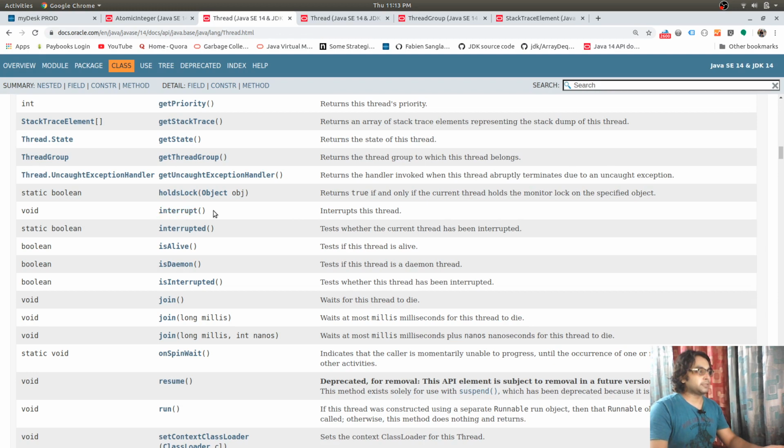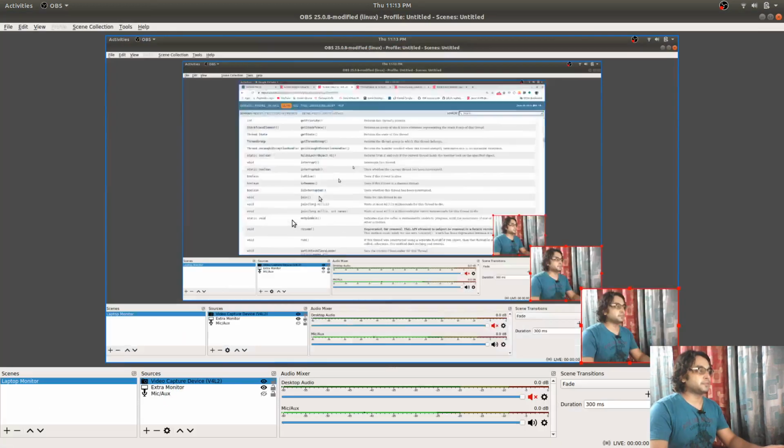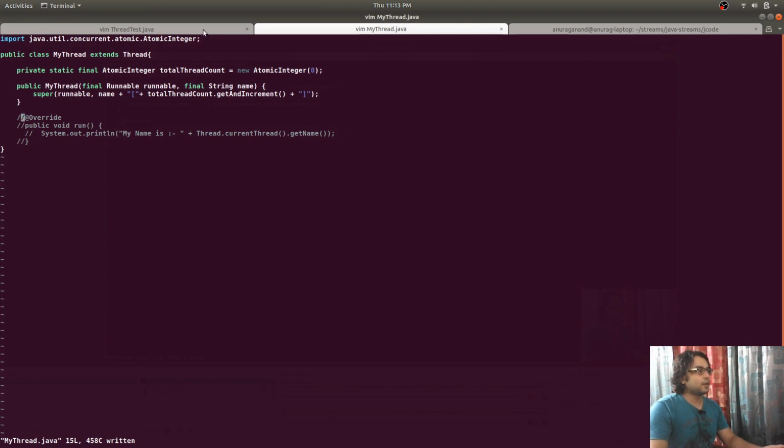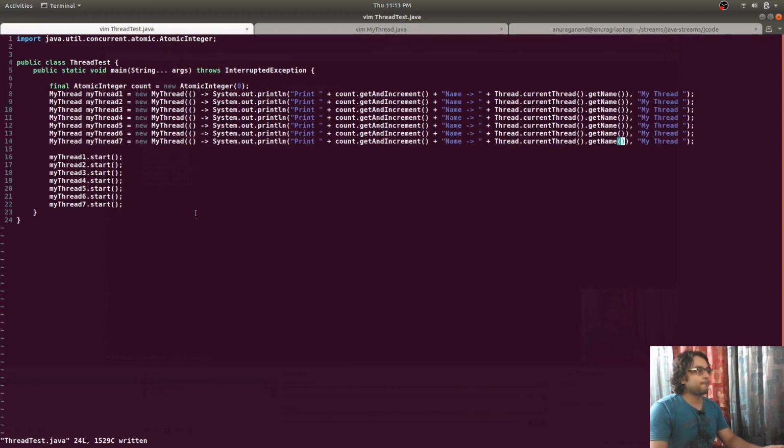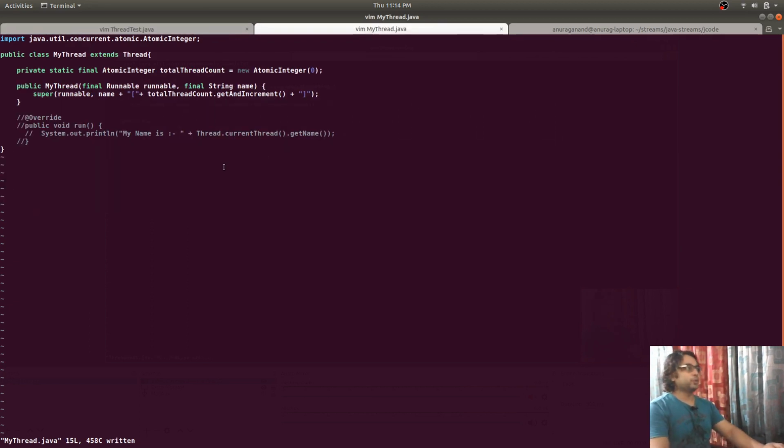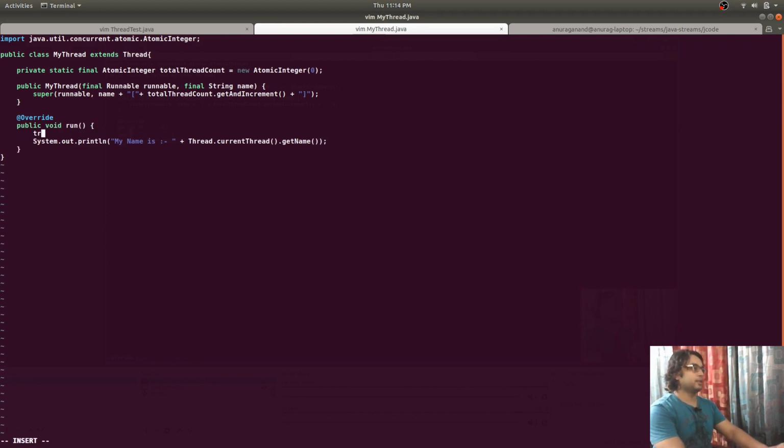I think I haven't covered interrupt, so I'm going to cover it. What I'm going to do is override this run method and try.